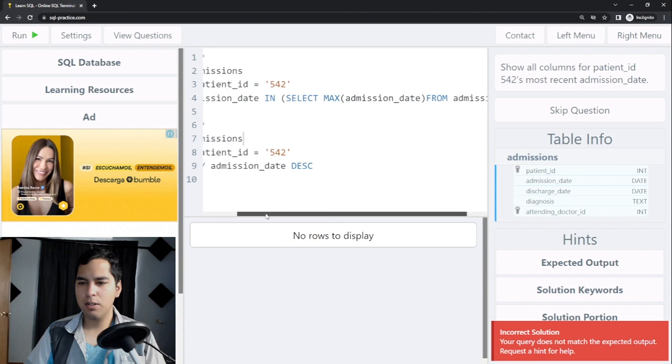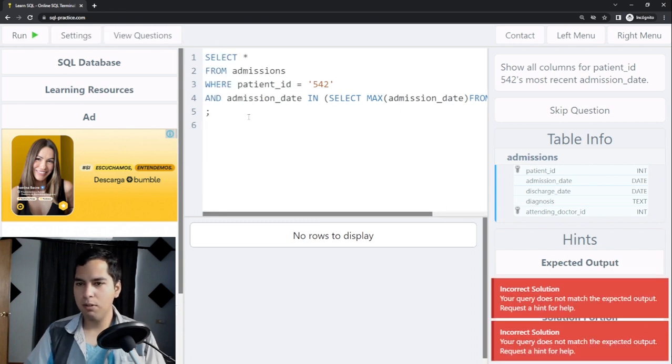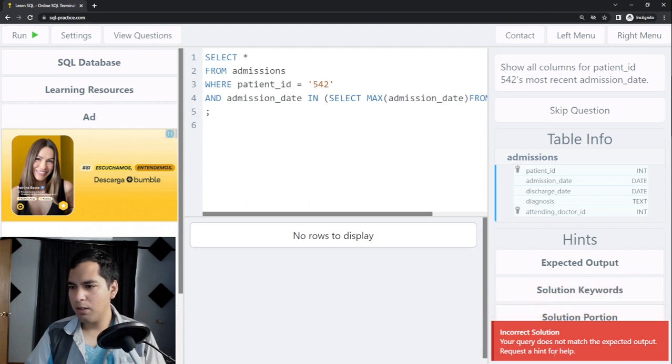Okay, so let's see if it is correct. So I will run this query, and it says incorrect solution, where patient ID